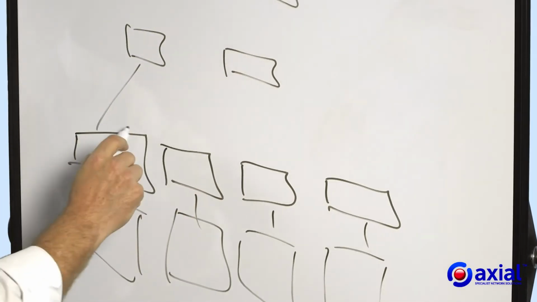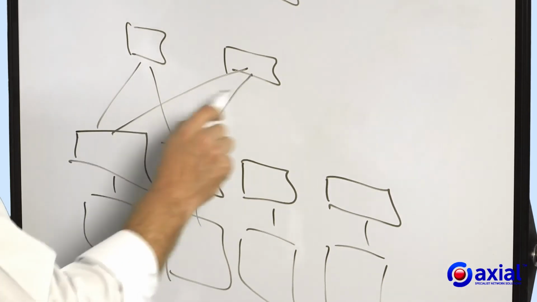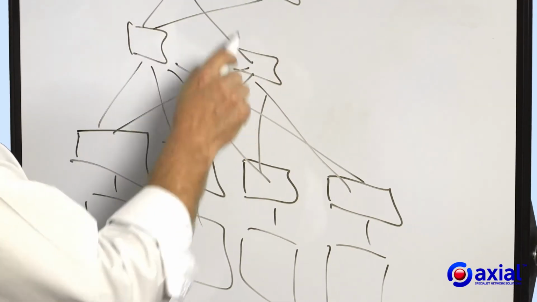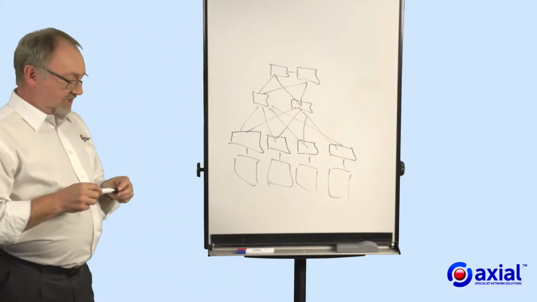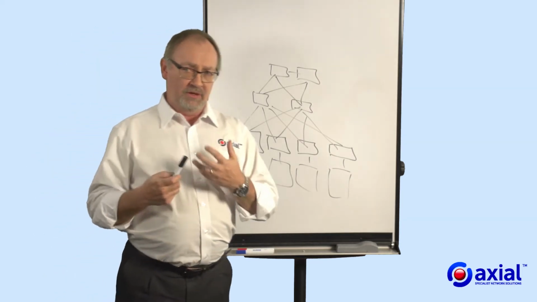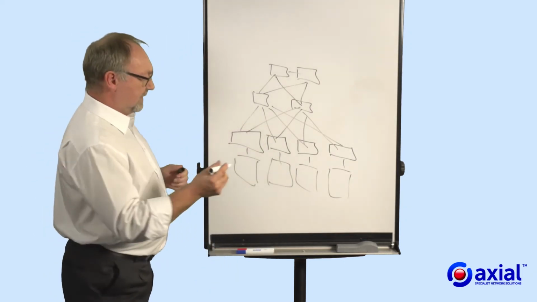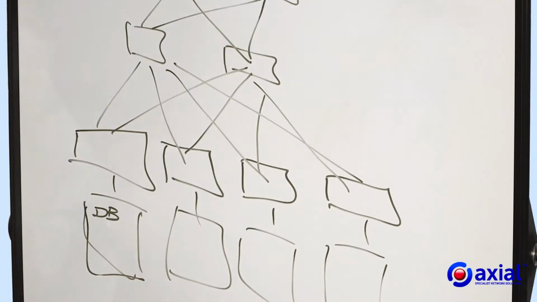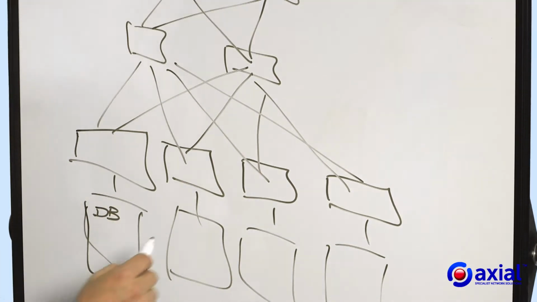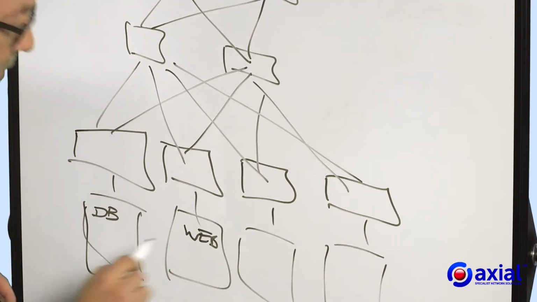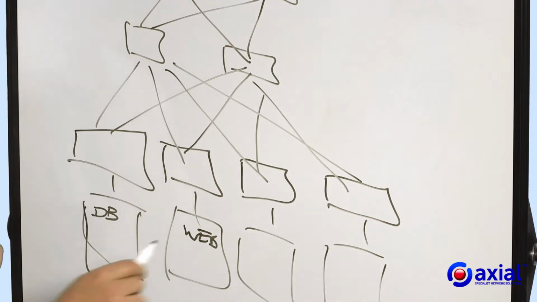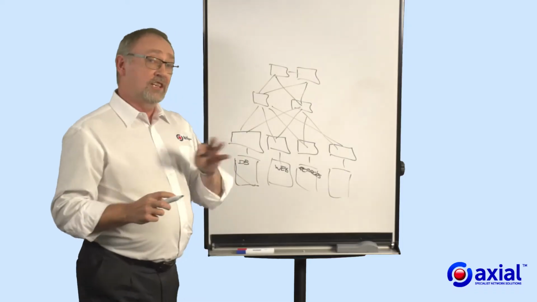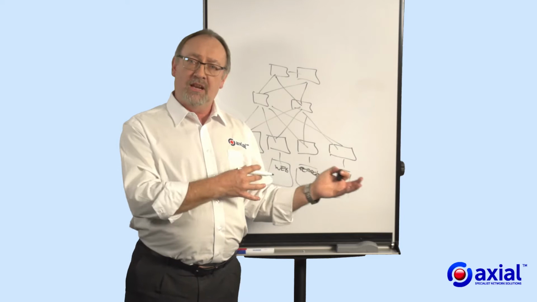And you have lots and lots of interconnects between all of these switches, using up lots and lots of ports and generally creating mayhem. And the difficulty seems to be, whilst you can apply compute resources to your applications and you virtualize this down here, you may have the database for an application sitting in a virtual machine in this rack. You may also have maybe a web front end part of the application sitting over here. You may have some other resources related to this app sitting over here. And they all need to communicate with each other in order to deliver the application out to your end users